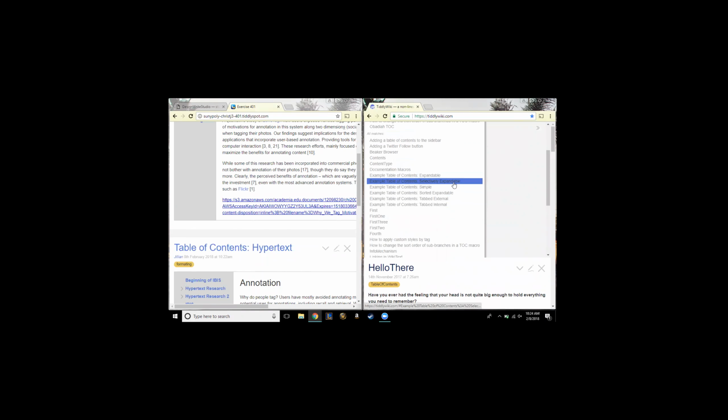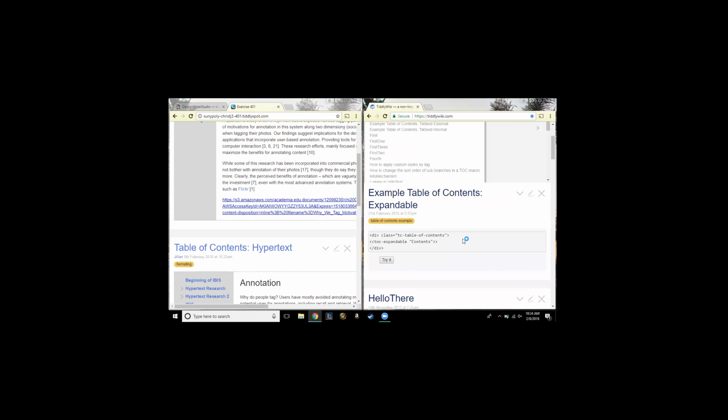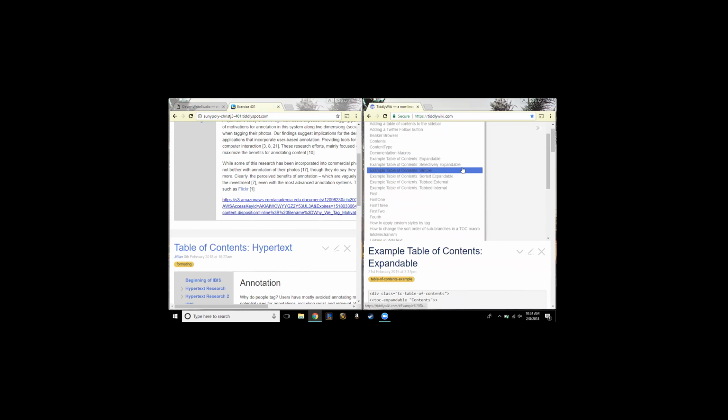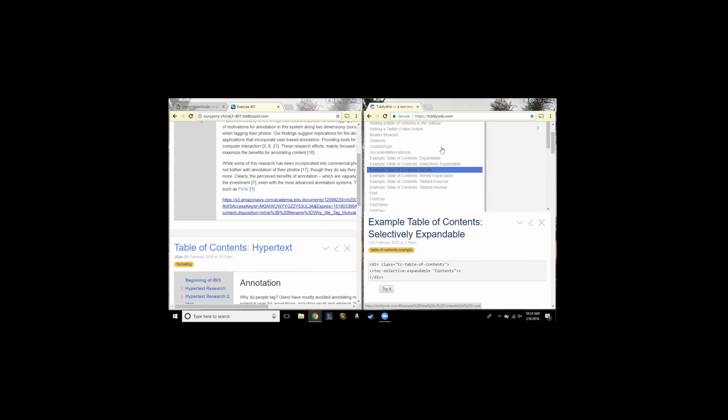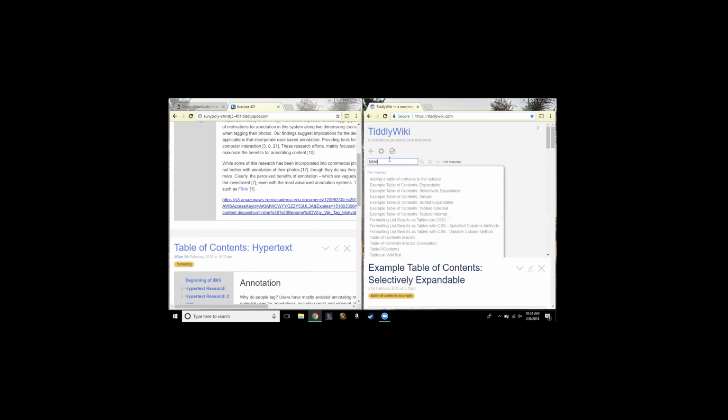Just any one of them will be fine. No, we need the macro, the table of contents macro. So just keep clicking till we find one. Maybe just search your table of contents. Retype your search for table of contents.